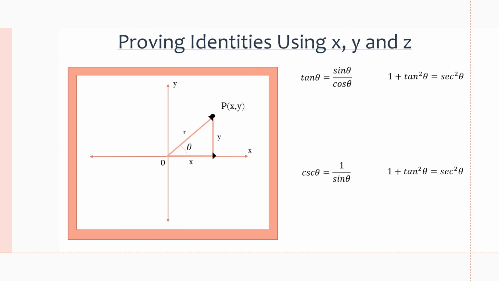Now let's move on to proving identities using x, y, and z. This will give us an understanding about how identities work and how the left side of an identity will equal the right side. So, as we know, if we plot a point P with an x and y coordinate on